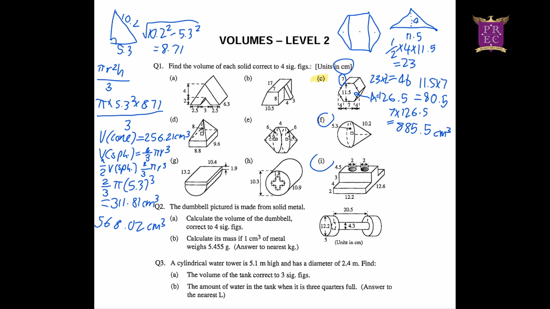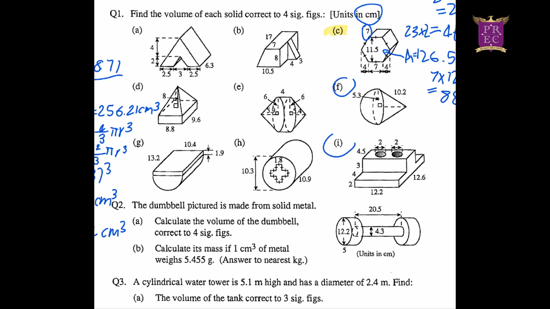We've got I over here. I is a bit different because it's got holes in the shape, and it also has 3 different structures that we need to look at. So if we're looking at this one over here, zoom in a little bit. It's 2 times 12.2 times by, what's the width? 4. Okay, let's have a look at this one. This whole height will be 2 plus 3, which will be 5. So we'll do 5 times 12.2 times by,